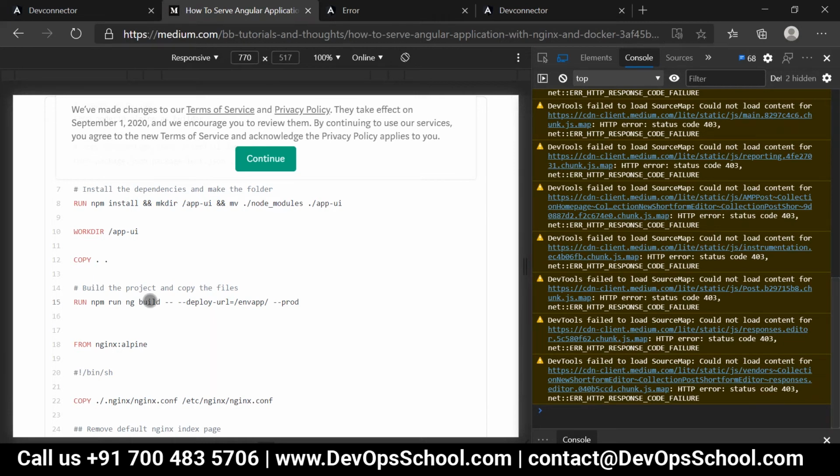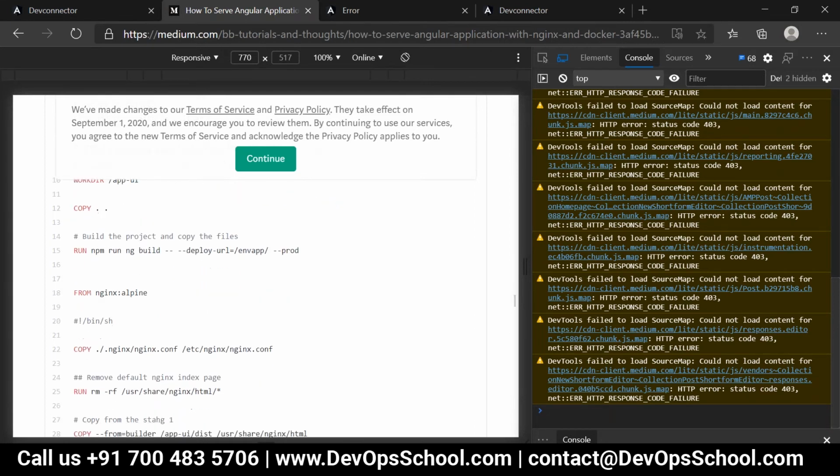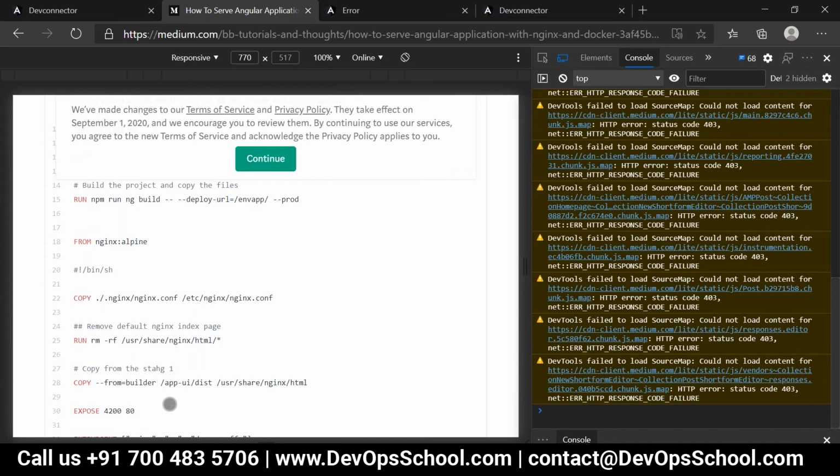For the deployment time, I'm using env app as a URL and hyphen prod, so it will generate your build. Once this build is generated, you will get it under the dist folder. What are we doing here? I'm going to copy the dist folder contents into the HTML folder of nginx.